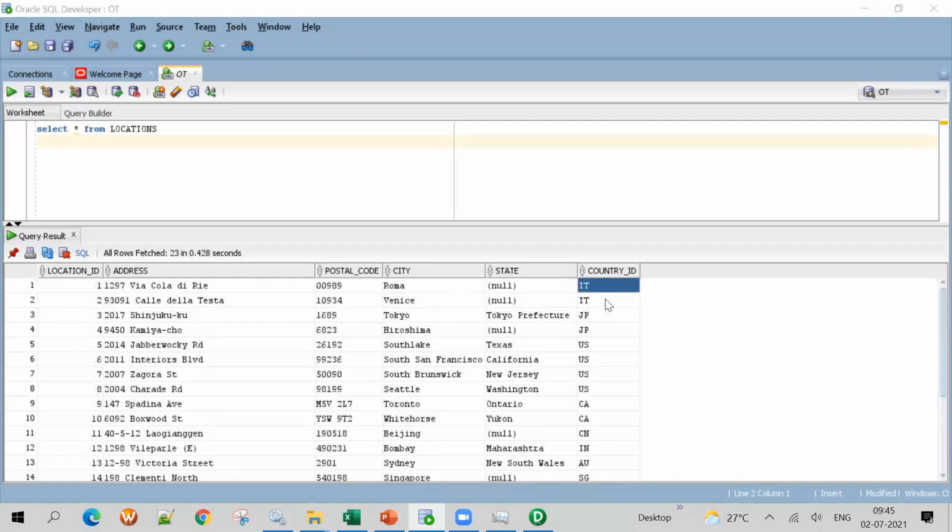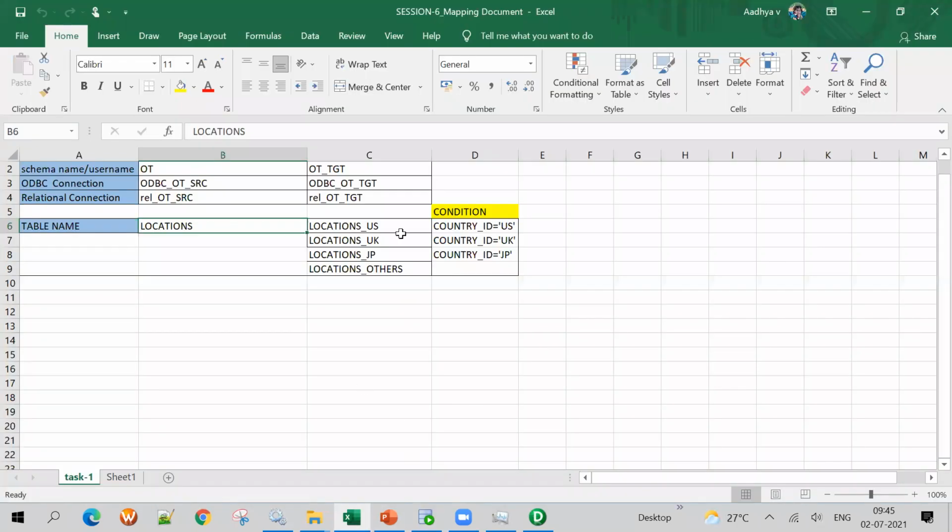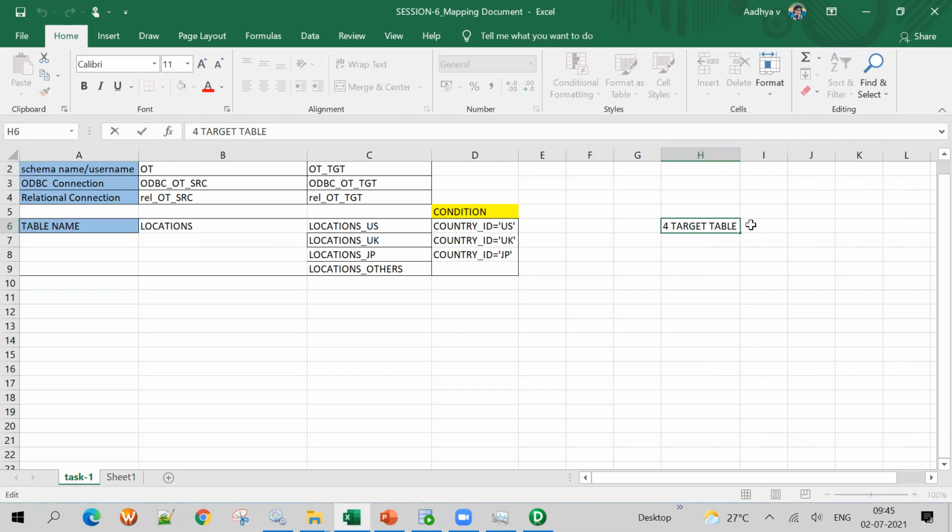Now what I wanted is, I have 4 target tables. I want to send all the country ID US rows to the US table, suppose a table called US table.